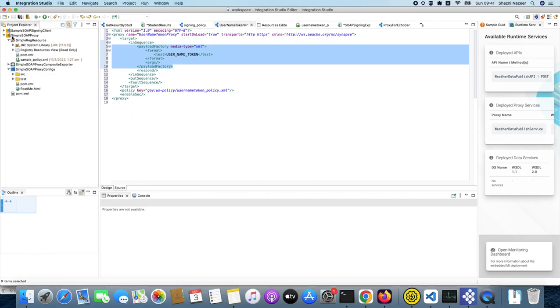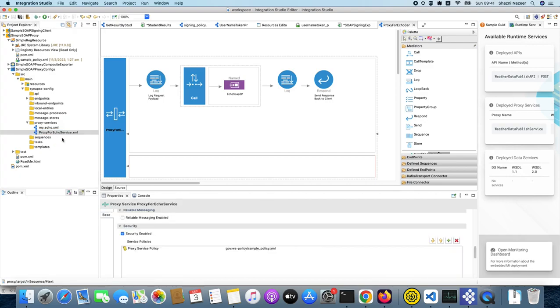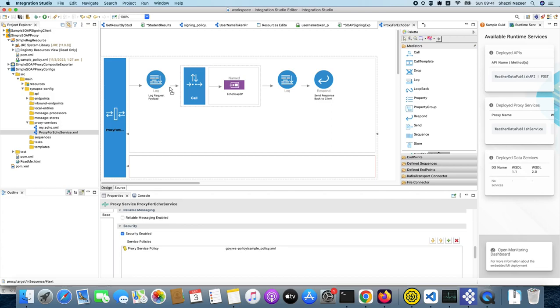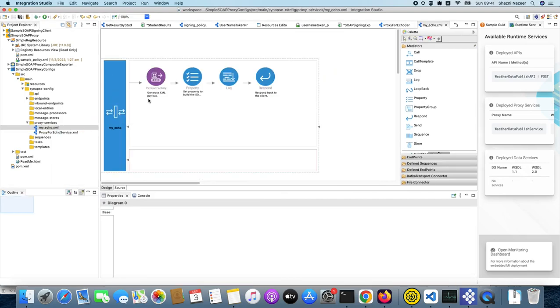called simple soap proxy, and I have again in the proxy configuration, I have a very simple proxy service here called proxy echo service. Again, this proxy echo service is adding a log, and it's calling an echo soap endpoint, I think, which is this one. So if you just look at this one, it's doing nothing here. It's just echoing my